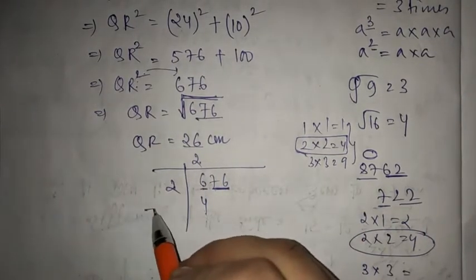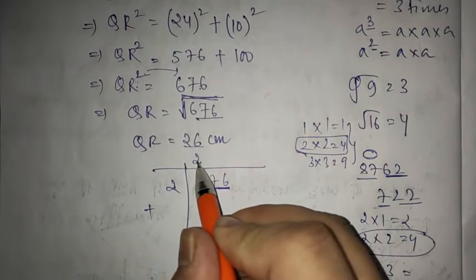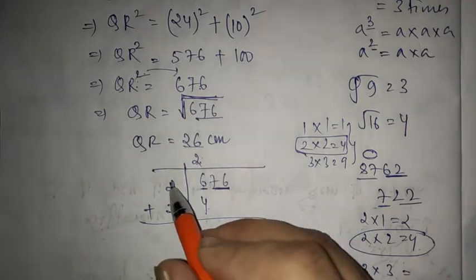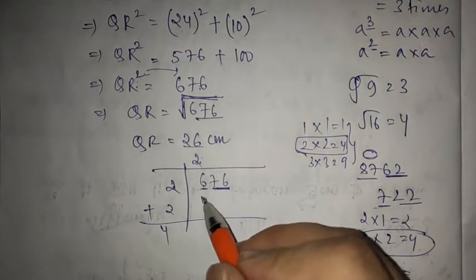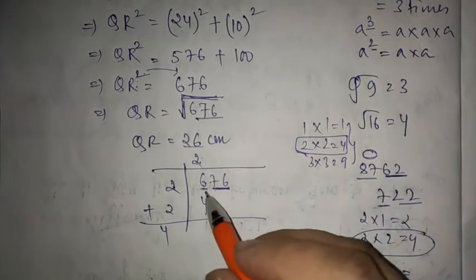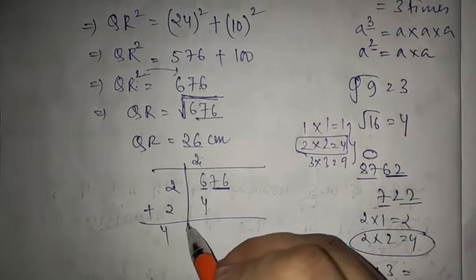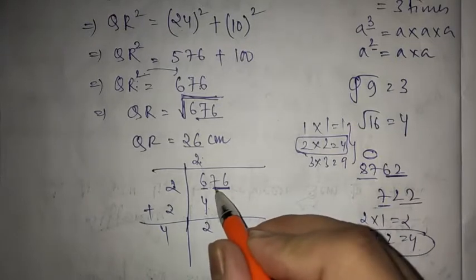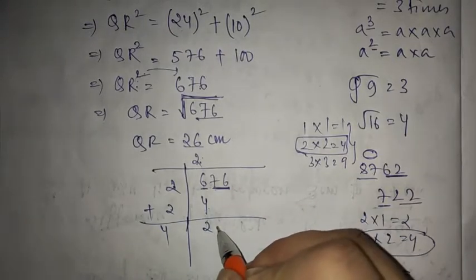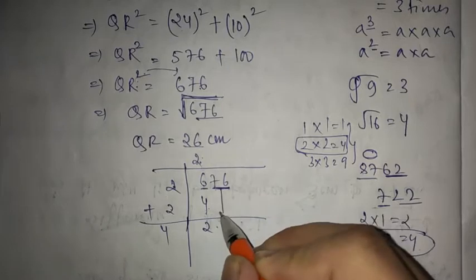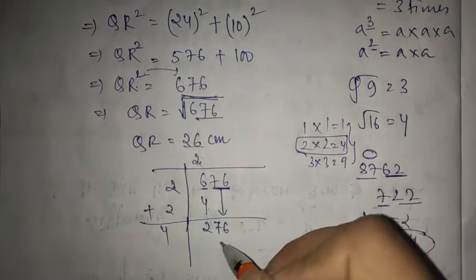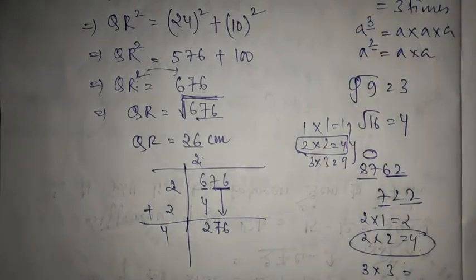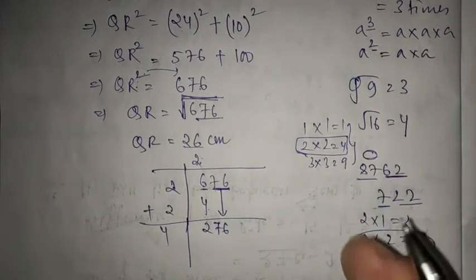Now whatever number you have multiplied with, you will add that number. So 2 2s are 4, so this 2 will be added here. 2 plus 2 is 4. Now subtract as in division. 6 minus 4 is 2. In division you only bring the 7 down, right? But while finding square root, you will bring down the whole pair. That is 76 will come down altogether, not only 7.